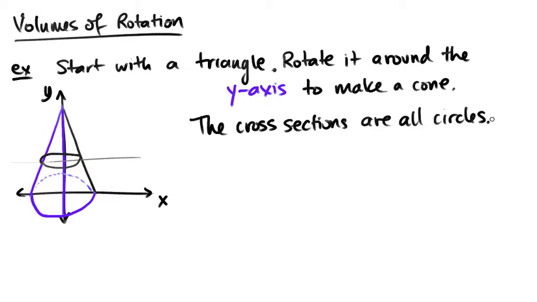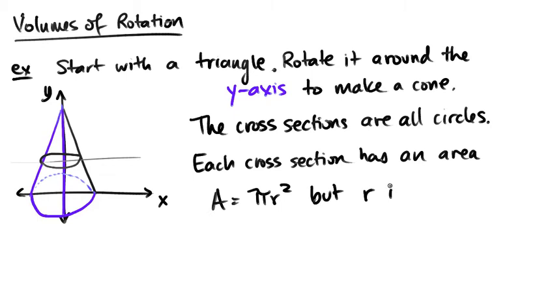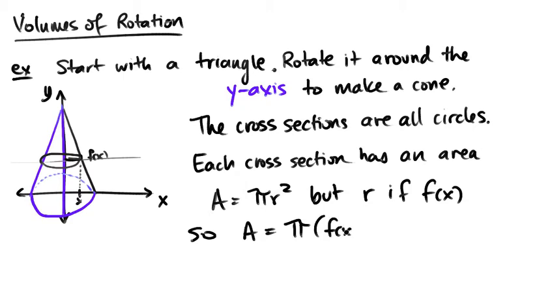And each cross section has an area of pi r squared. But in this case, our r is f of x. So if you have your x value here and you go up to f of x, that gives you your r value. So your area is really pi and your radius is whatever your function is, squared. That just means that if you have a more complicated function, if this makes some kind of squiggly line, that might not be a great function, but if it makes a bit more complicated line,